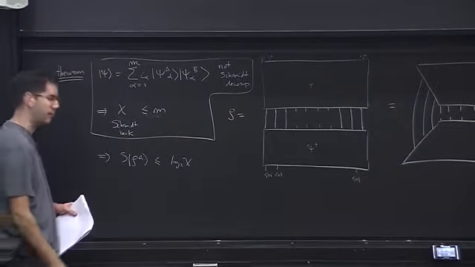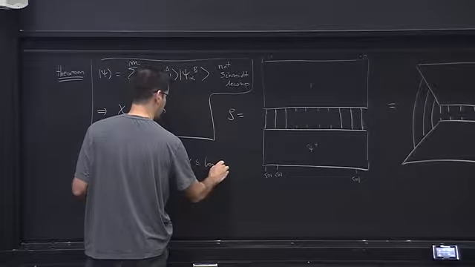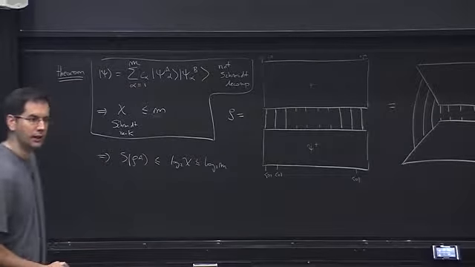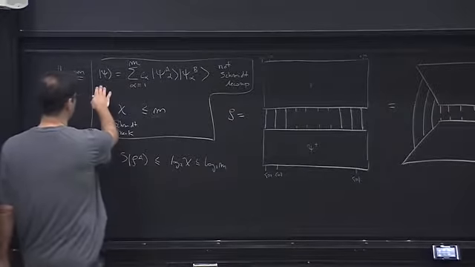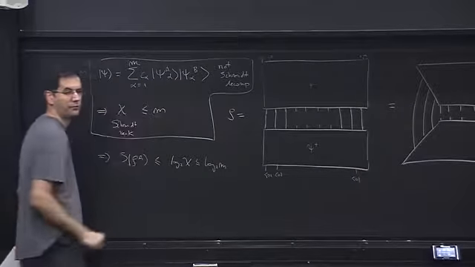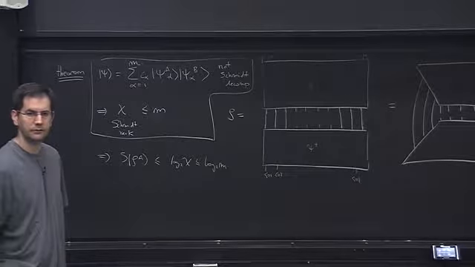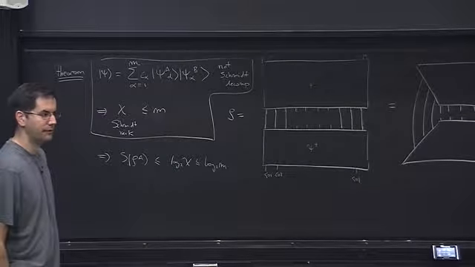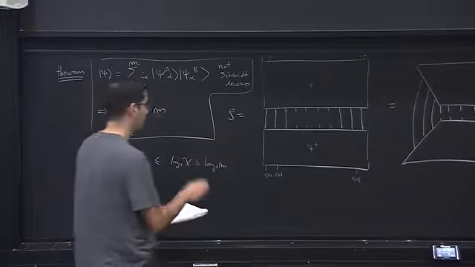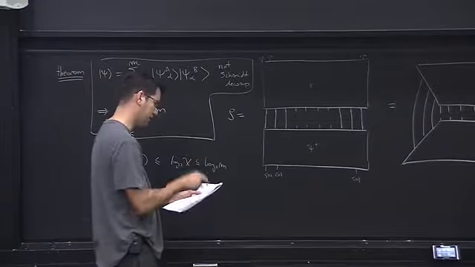Okay, you probably remember this, but this is upper bounded by log 2m. So what I'm saying is every time you see a decomposition of a bipartite state into a number of pieces, this number of pieces already gives you an upper bound to the entropy between A and B. All right, is that clear? Okay. You'll see this in detail in the tutorial, but at least I want to announce the basic